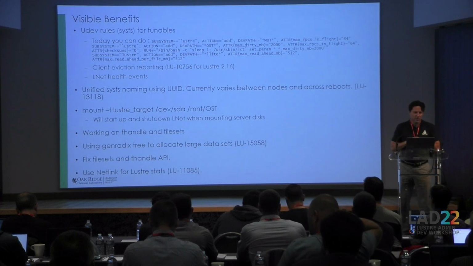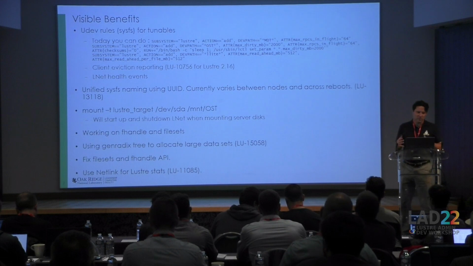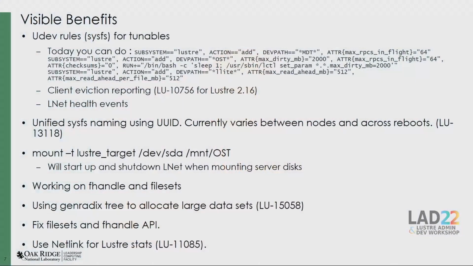And of course, there's work that's going to be done on fhandle. We're going to properly support that API. Same with file sets. That's been broken for a long time, and Ornell's wanted that for security enclaves. We're looking at GenRadix trees for allocating large data sets. One of the issues we've seen, and this is a new API that was developed in later 5 kernels, is that vmalloc will tank performance for large data sets